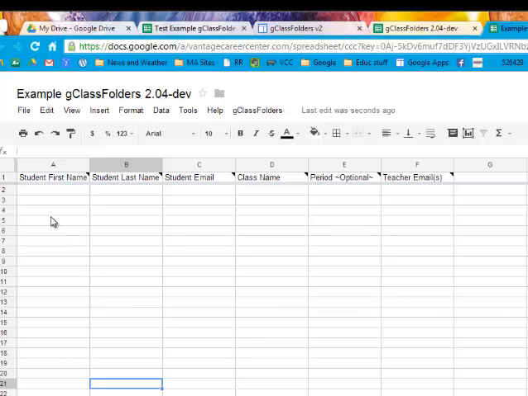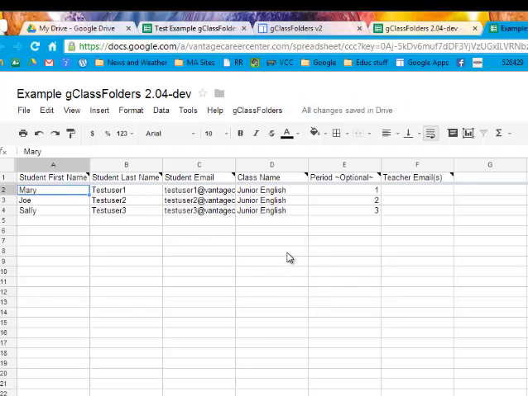So these items, the first name, last name, email, you can collect in a form, and then you can add the class name and do a fill down. You can collect the period in a form as well, and then just copy and paste. So I already did that. I'm using some test student users here so that I could test this fully. The first name, last name, these are all test accounts, and there's 3 different periods with 1 student. This would represent 1 student in period 1, 1 student in period 2, and so on. And then for my email,